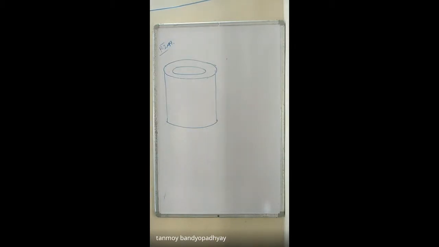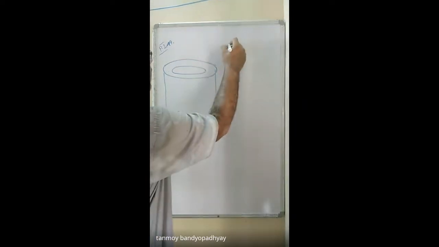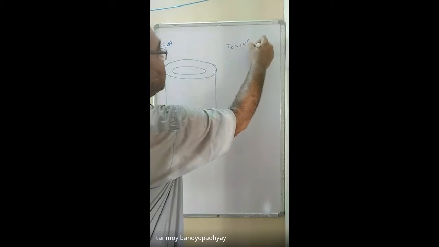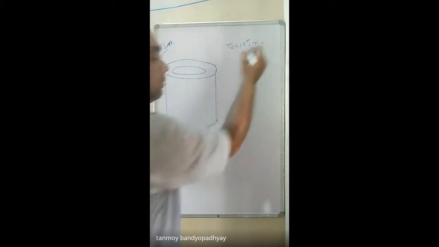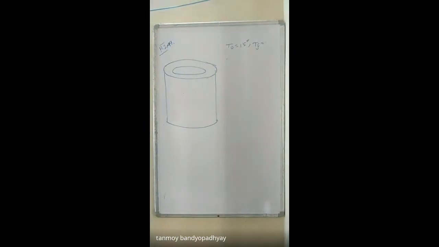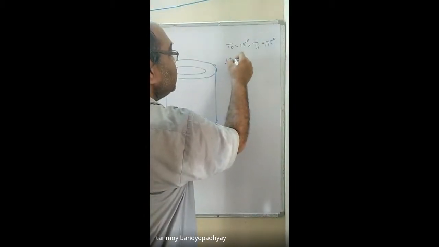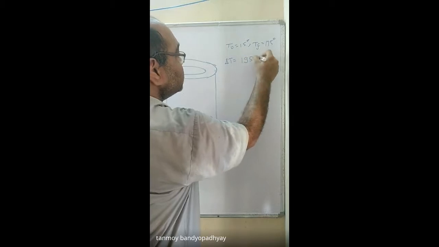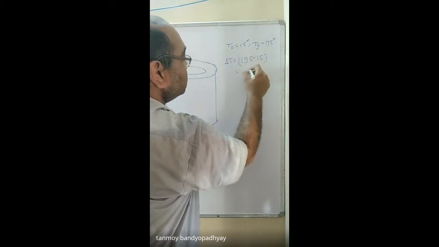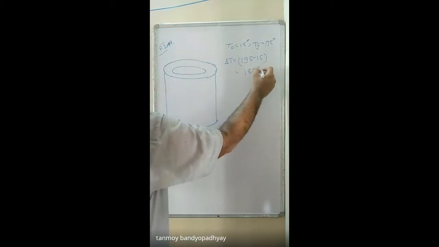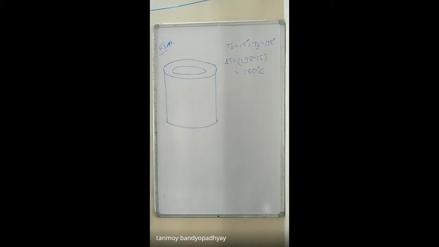So the brass core, the properties are given, alpha, and the aluminium core, the properties are given, and it is unstressed at a temperature of 15 degrees centigrade. So T0, the initial temperature, is 15 degrees centigrade, and the final temperature is given to be 195 degrees centigrade. So what is delta T? The change in temperature is 195 minus 15. So this is 180 degrees centigrade. ঠিক আছে?